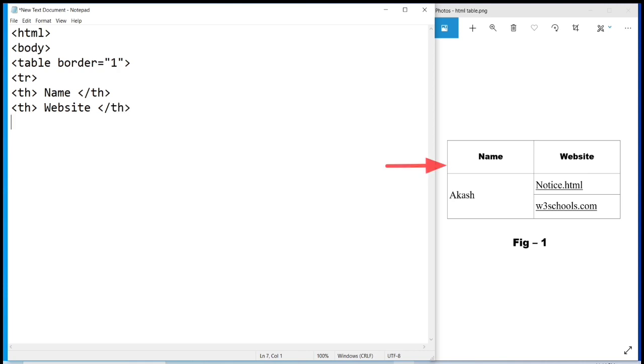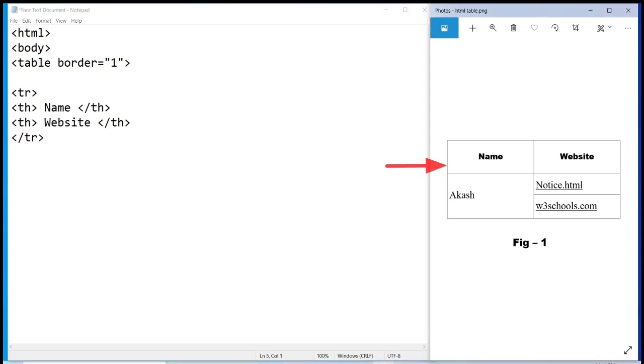And now we have to close the tr also, table row. So my dear students, see here, this one is our first row. That means see the output, our output first row is completed. Similarly we have to open our second row also. So let's write second row, start from left to right. That's why write here tr.